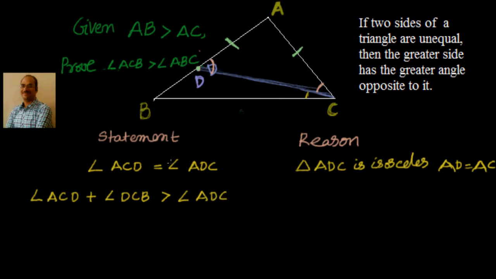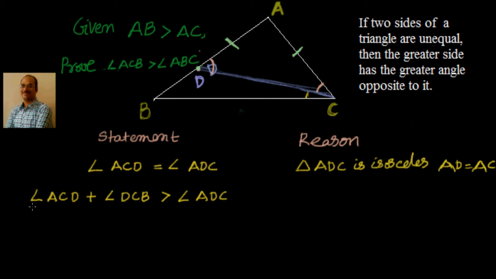Because we know that both the angles are equal here, if I add something on the left hand side, then that should be greater than the right hand side. This is something like 10 equal to 10; 10 plus 2 is greater than 10 because 12 is greater than 10. So this works out well because we are only adding on the LHS side.